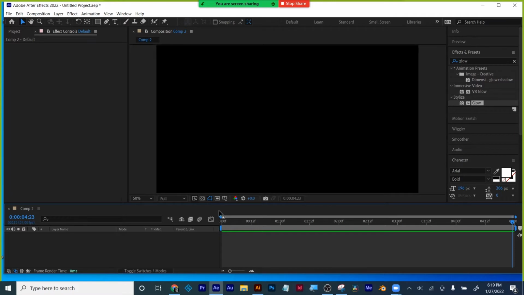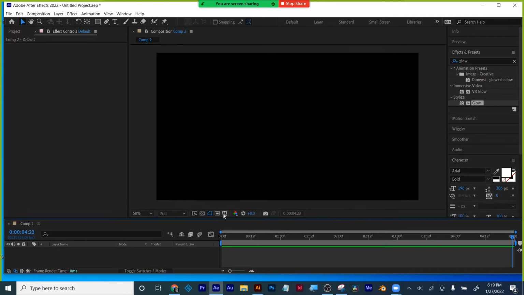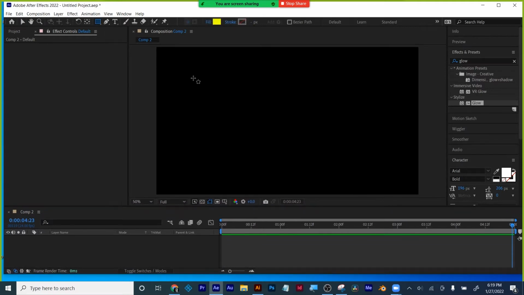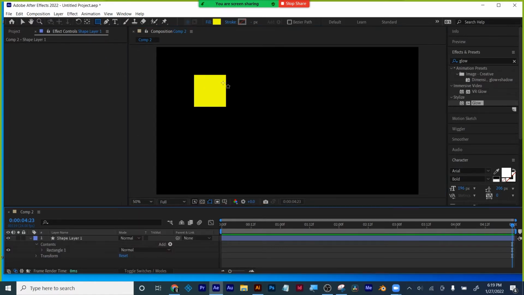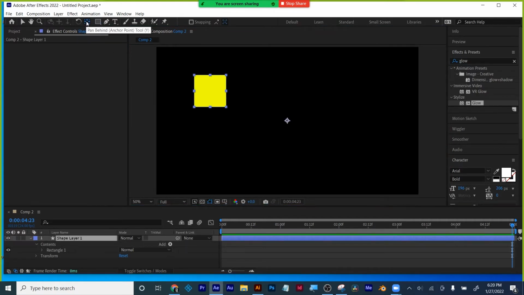All right, now, first thing new that we're going to cover tonight is motion blur. So what I want you to do first is make a square. And I'm going to put the anchor point at the middle of it. If I hold down Command or Control and I double click on the pan behind tool, it'll snap the anchor point there. So first just make a square, put it anywhere on your composition,